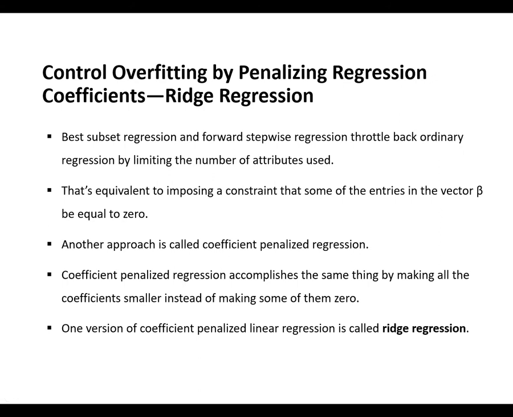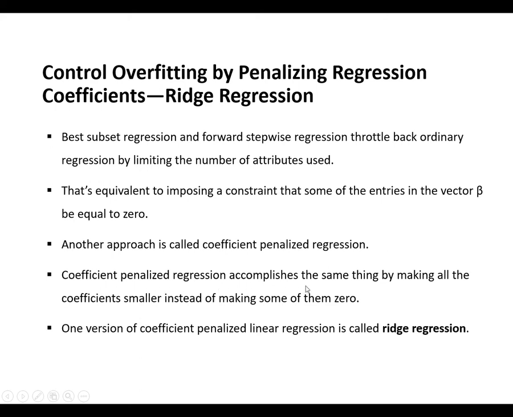Now, there is another approach which is called coefficient penalized regression. It's just a minor difference, basically one and the same thing. Anyway, when we reduce the number of columns, definitely we assume certain things and we are ready to compromise that some of the attributes can be removed when we are doing the prediction or when we are creating a model.